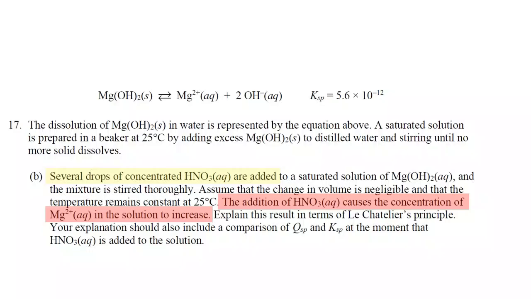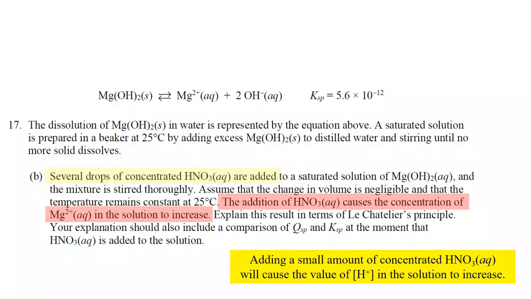Now, the addition of aqueous nitric acid causes the concentration of the magnesium ions in the solution to increase. So back in part A, when sodium hydroxide was added, the concentration of magnesium ions decreased. So we're kind of going in the opposite direction here, adding an acid instead of a base. So it says explain this result in terms of Le Chatelier's principle. Your explanation should also include a comparison of QSP and KSP at the moment that the aqueous nitric acid is